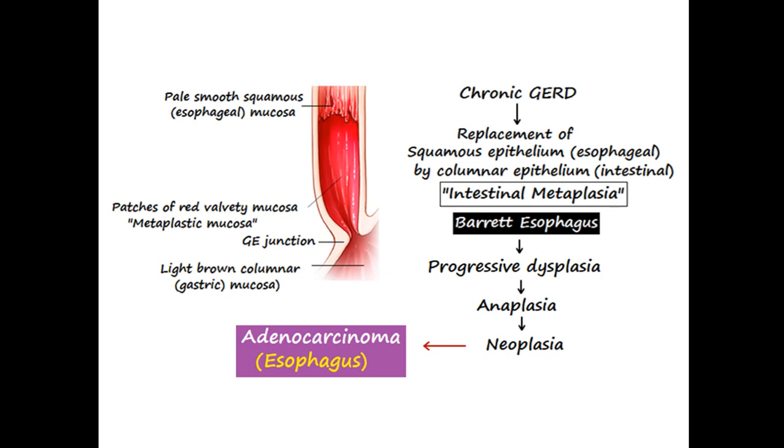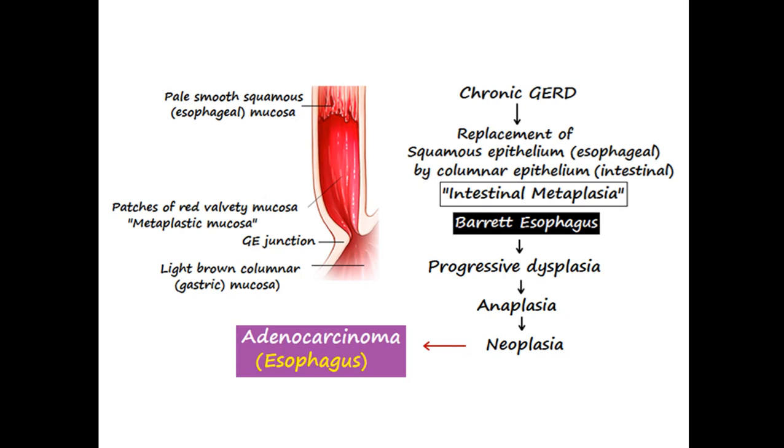Now, coming to adenocarcinoma, we know that the two major risk factors are GERD, gastroesophageal reflux disease, and Barrett esophagus. So, what is Barrett esophagus? It occurs when the lower esophageal sphincter is incompetent. By that, we mean that it doesn't close as it normally does when the food passes from the esophagus into the stomach. So, what will happen is that